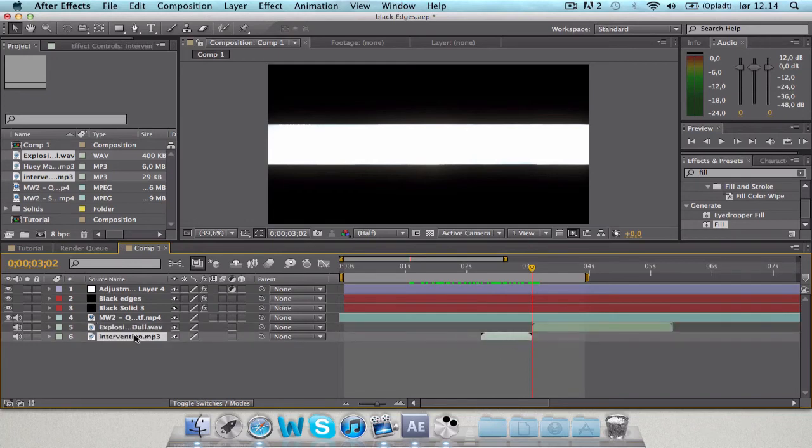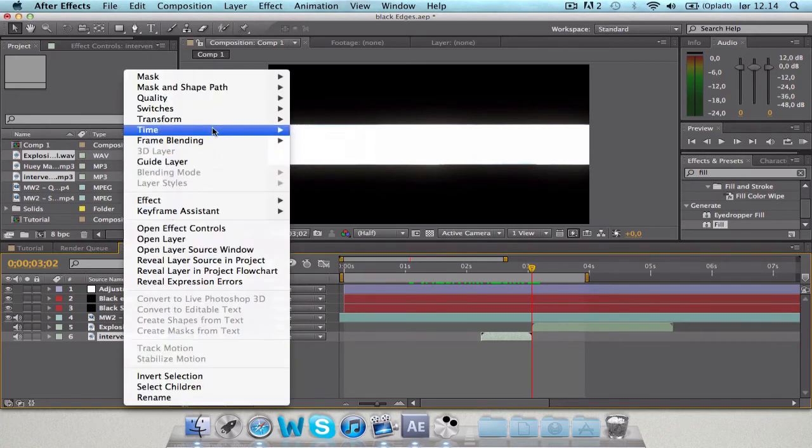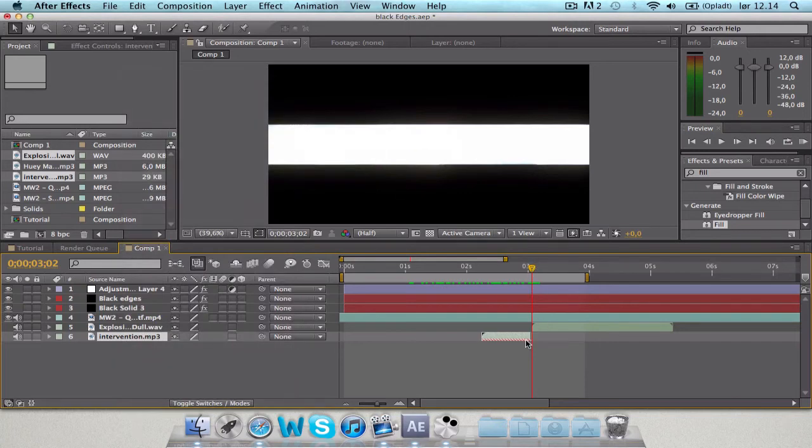We'll right click, go to time, reverse layer. Now it's reversed. So we'll just go 1, 3, 4, and then up in audio and then drag it all the way up.